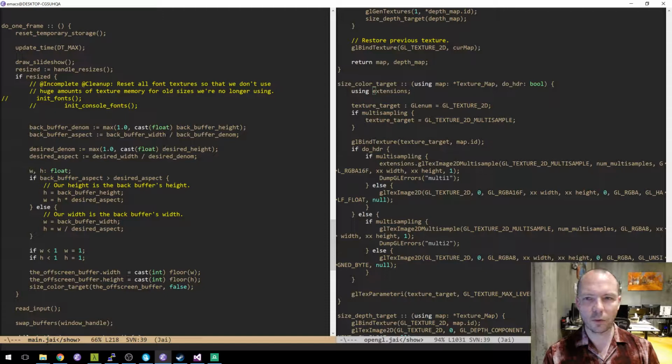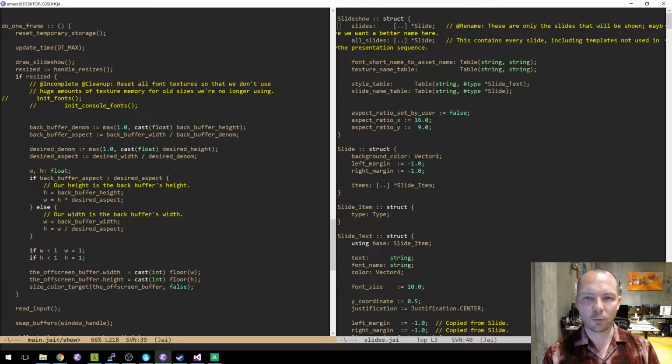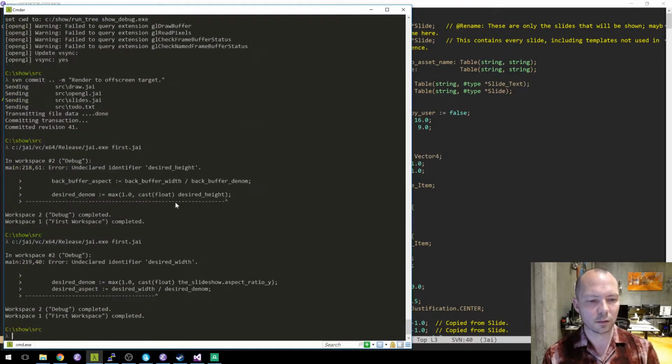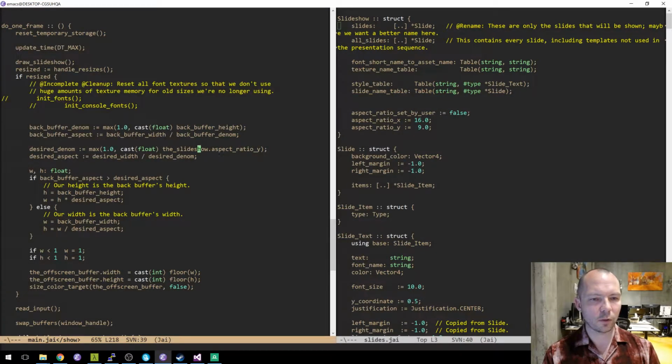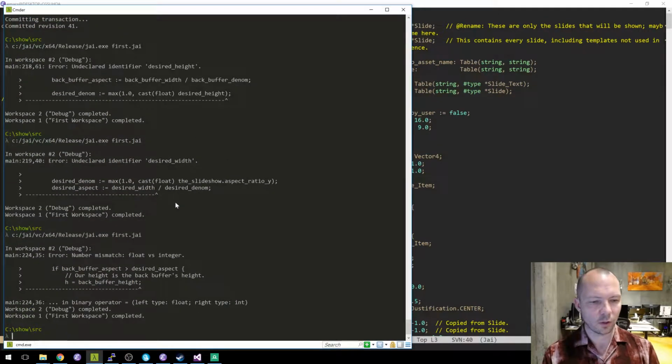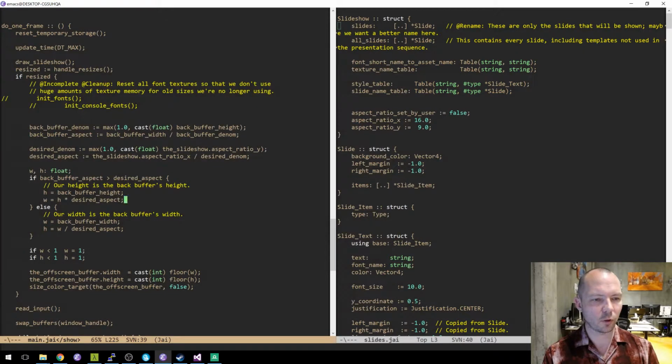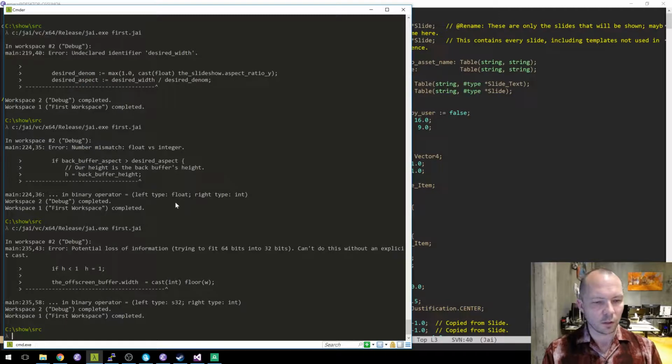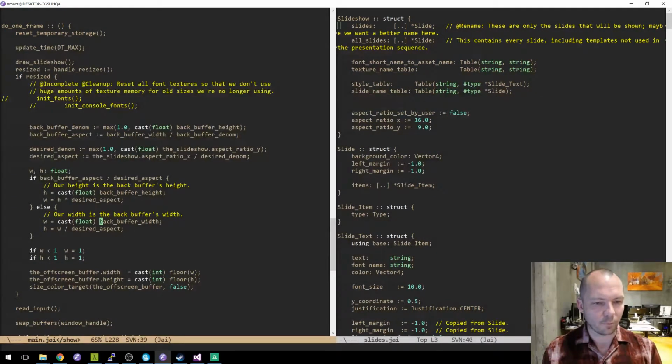Divided by, this is aspect ratio Y. Desired width, the slideshow.aspect ratio X. Number mismatch, float versus integer. Yeah, okay, it's sine 32, like I said.